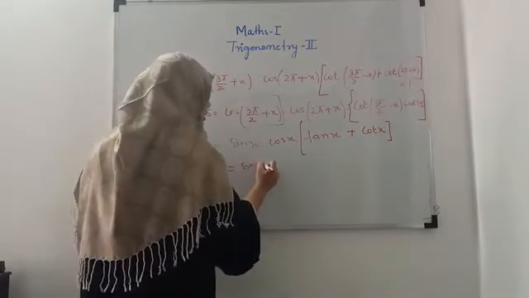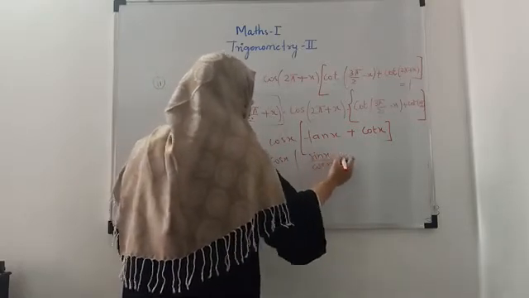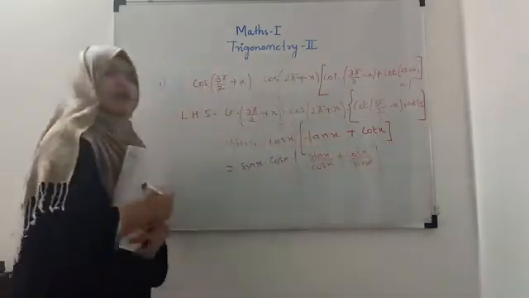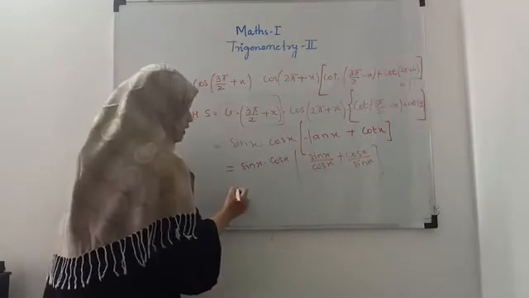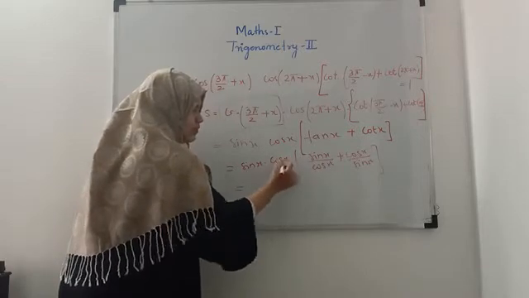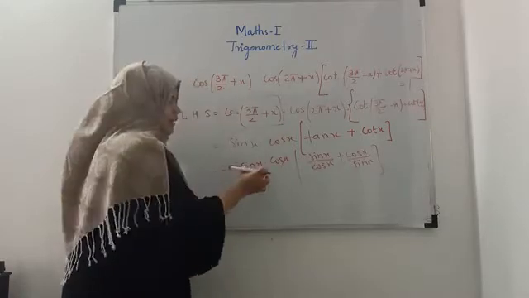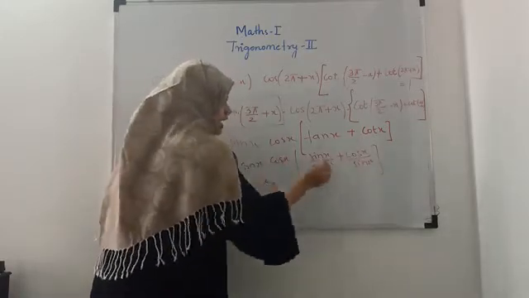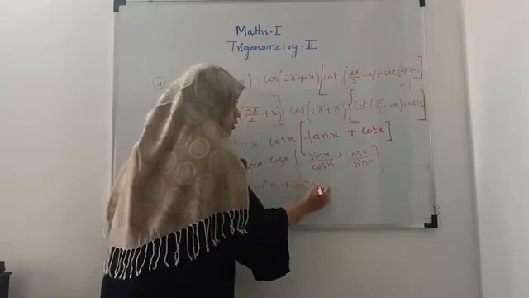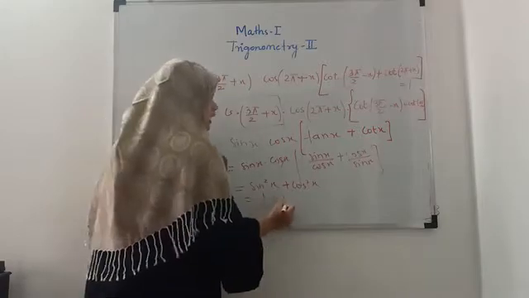So here it will be sin x into cos x. Now tan x is sin x upon cos x plus cot x is cos x upon sin x. Okay. Now multiply this term inside. If I multiply this term to the first term, this cos and cos will get cancelled, and you will be left with sin and sin, which is sin square x. If I multiply this term to the second term, then sin and sin will get cancelled and you will be left with cos and cos, which is cos square. So the answer is sin square x plus cos square x, which is equal to 1, which is your RHS.